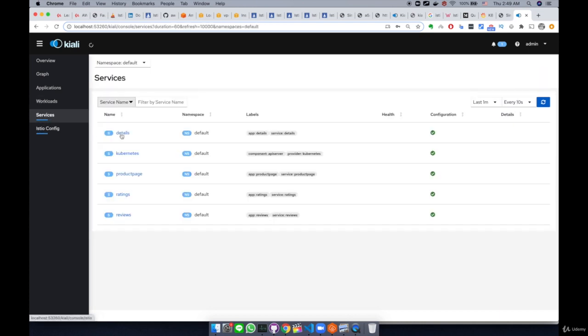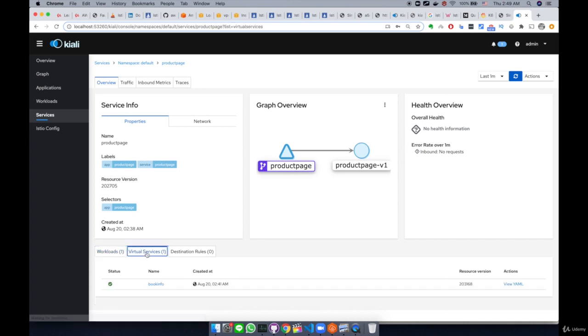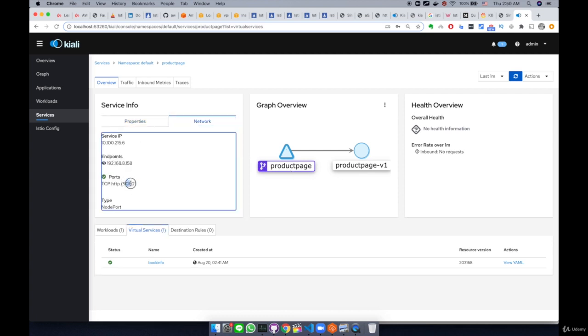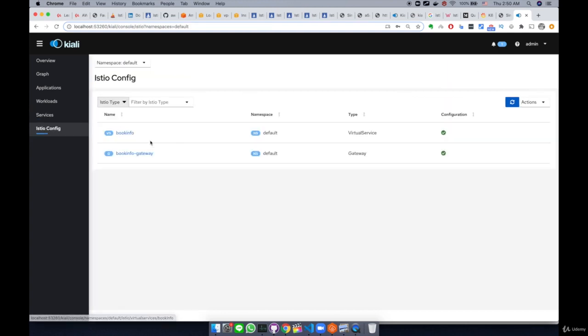Traffic, and then service. Let's go to service and productpage. Service has a virtual service. Alright, so this is a service. The circular one is a service, and a triangle with a purple icon is a virtual service. So service port is 9080. Type is not port. We cannot see the service's YAML from here, but if you go to Istio config and select